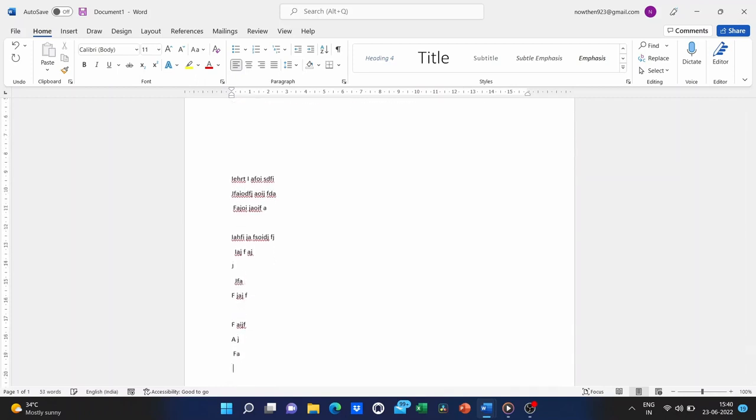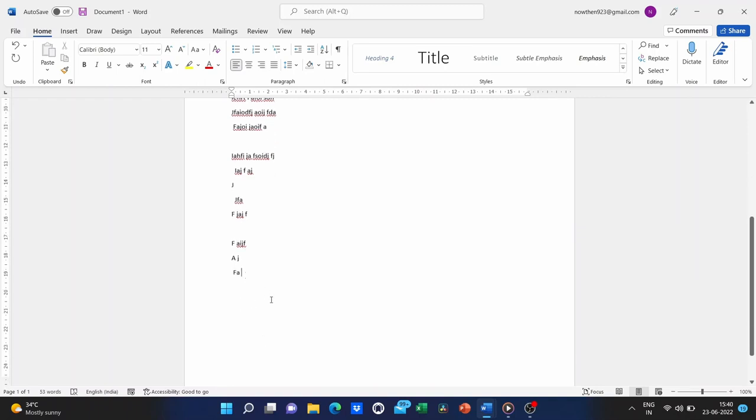Now, I can also click to move around using the mouse, but watch what happens. I can only click so far. It's not letting me go past the current line that I've typed. I can go to the right side of it, but that's as far as it will let me go.